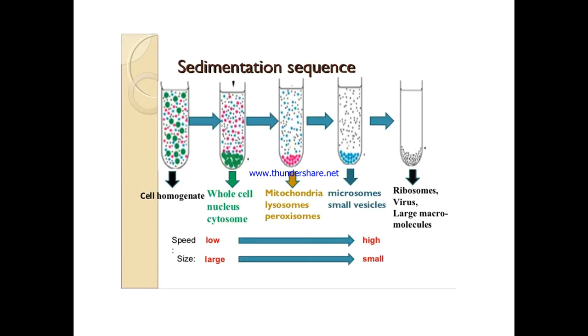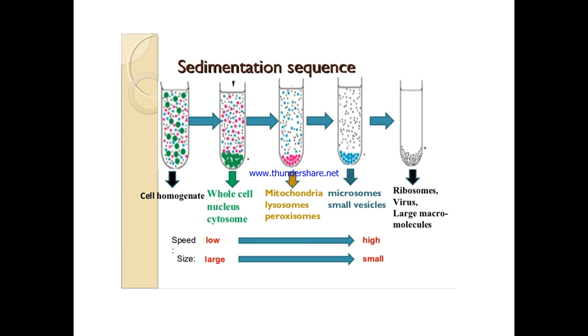As we said, the sedimentation rate depends on the size and shape of the particles. So different particles, different organelles, precipitate at a different rate. This is shown in this picture. The first tube contains the cell homogenate, containing all organelles, and it is centrifuged. After centrifugation, the whole cells, nucleus and cytoskeleton are precipitated. After they are removed, the tube is centrifuged again, and at that time the mitochondria, lysosomes and peroxisomes are